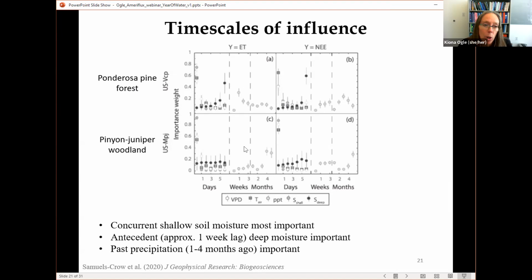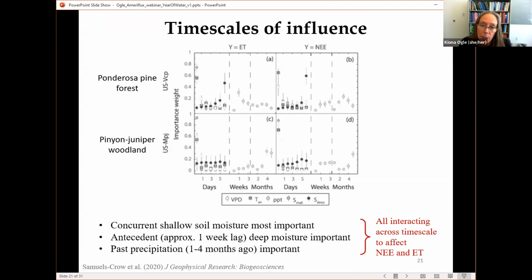And then if you look at the role of precipitation, antecedent precipitation, you can see that some of the importance weights are pretty high as you go further back into time. So 2, 3, 4 months ago represents sort of like the past season. So precipitation is really important at much longer time scales. And what's interesting here is that all of these moisture-related drivers or indices are interacting across these timescales to affect